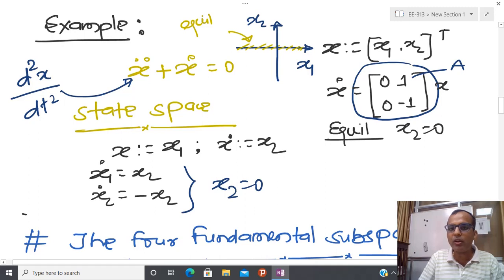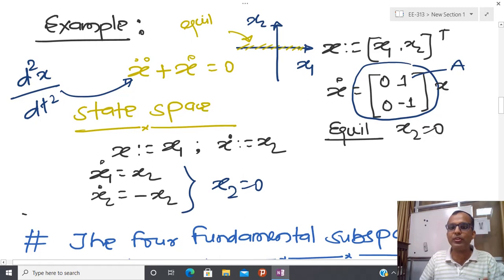And you can see that all points of this line from minus infinity to plus infinity are equilibrium points, all are connected equilibrium points. And it is possible to show that whenever in a linear system we have more than one equilibrium point, all equilibrium points are connected. It means that for a linear system I cannot claim that I have an isolated equilibrium point. We will see the importance of isolated equilibrium points and the existence of isolated equilibrium points in the case of nonlinear systems in the next part of this lecture.